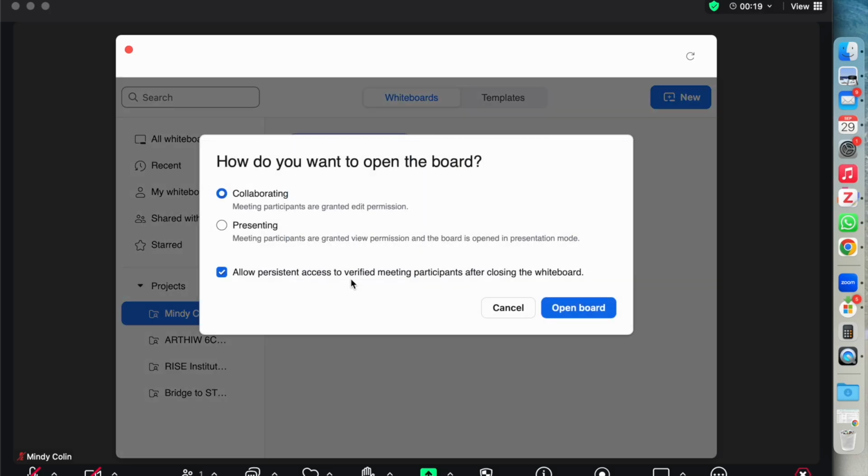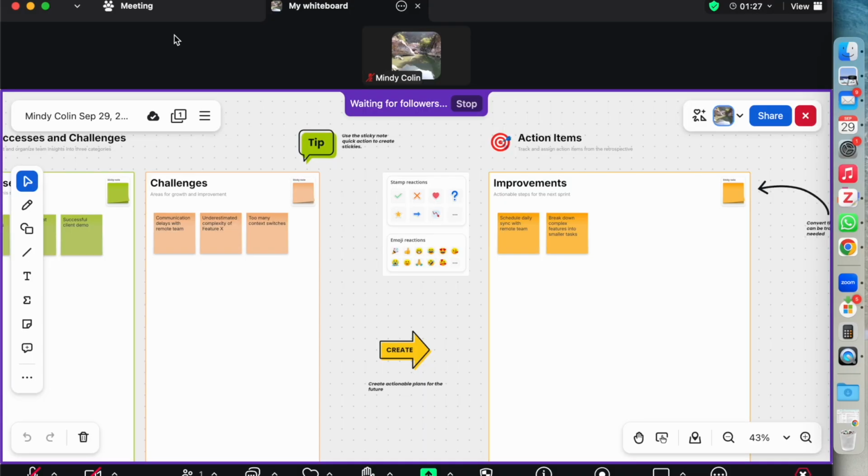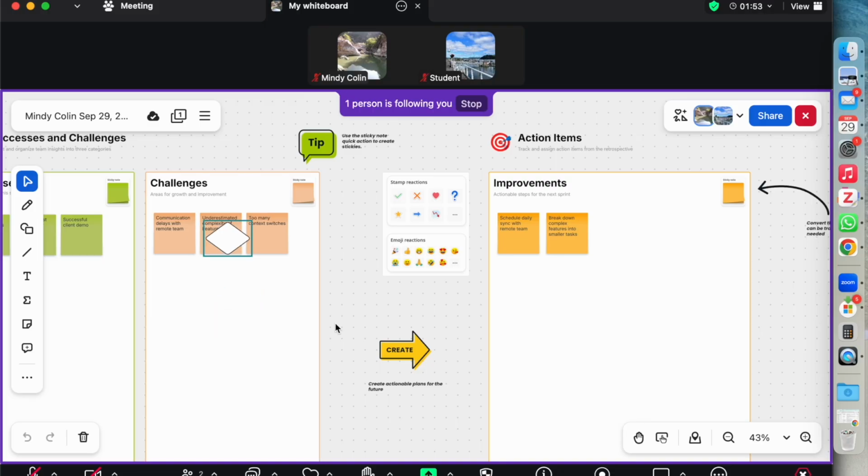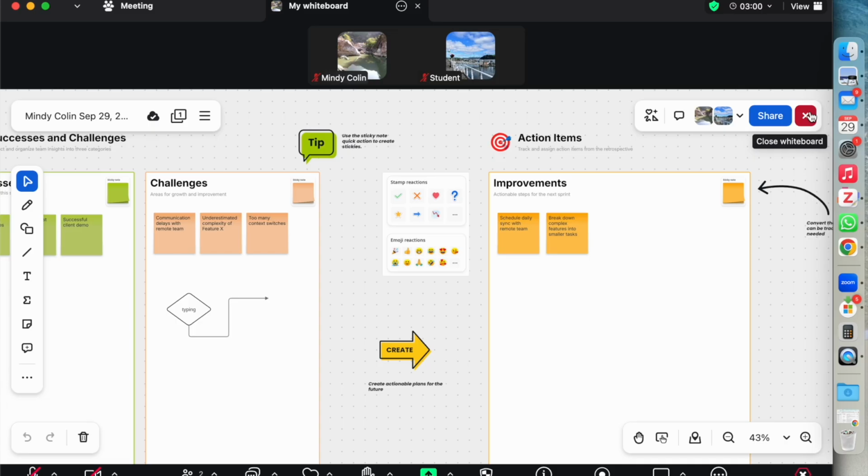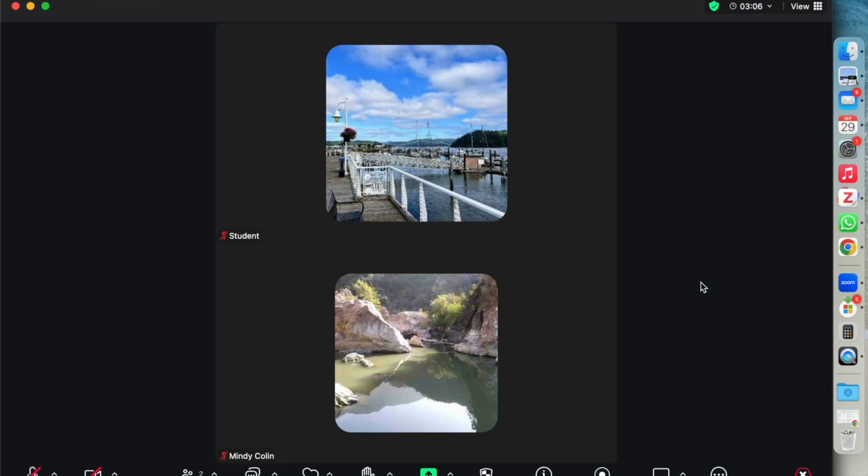This time I'm going to collaborate with students and open the board, and now everybody who joins this meeting is going to see this as a shared screen, and they can use all of the tools, just like this student is here, to make some edits. So I'm just going to stop this so that you can see that edits were made,